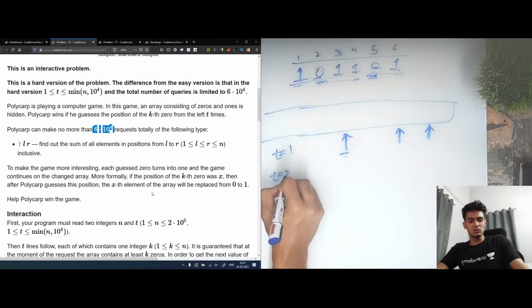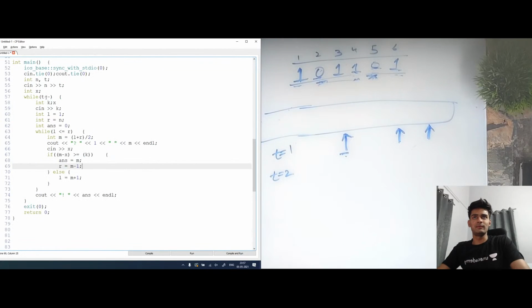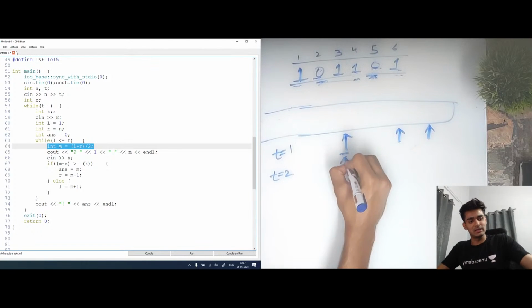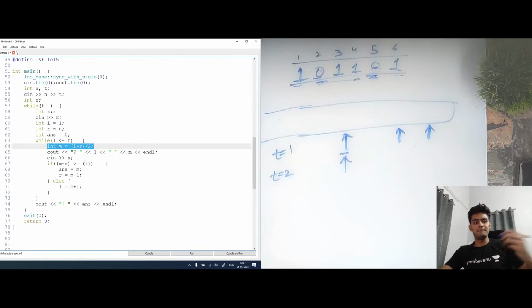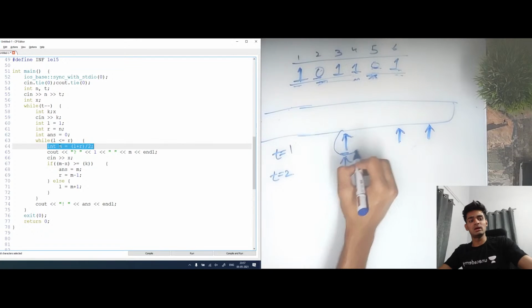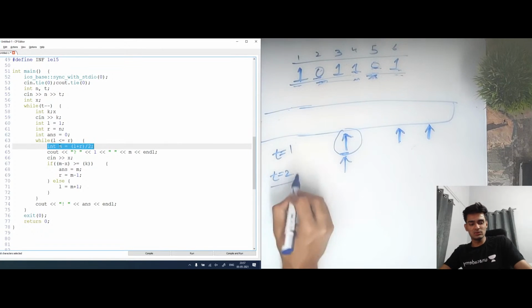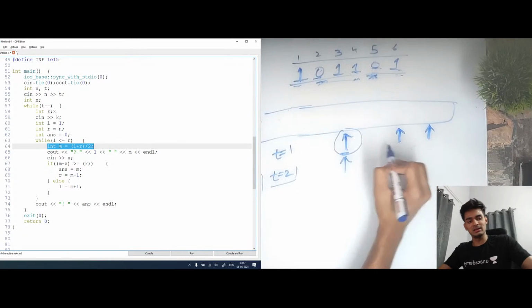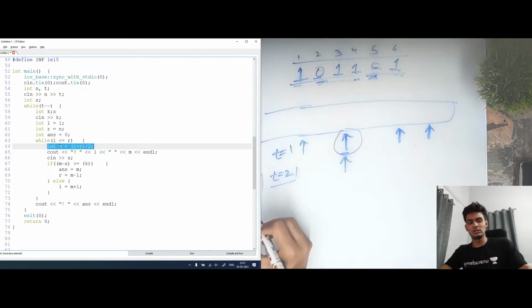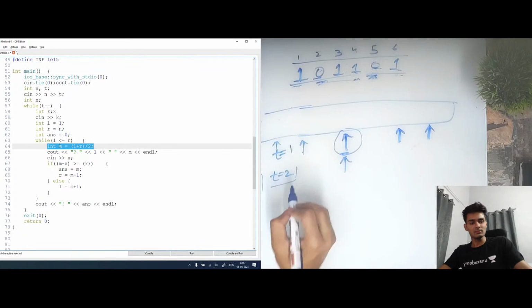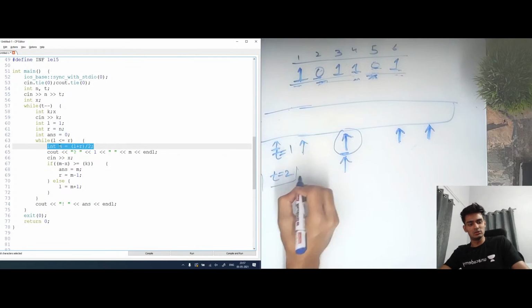Now t equals 2. If you look at the code of F1, we again have L equals 1 and R equals N. So in the first iteration, this M is going to be the same. So we'll again check for this particular index only. But if you see, we already know the answer for this index. Now let's say for t equals 2, instead of moving in the right direction, it had to move in the left direction. So it moved here, and then let's say it moved somewhere here, and then we had our answer. So basically, okay.